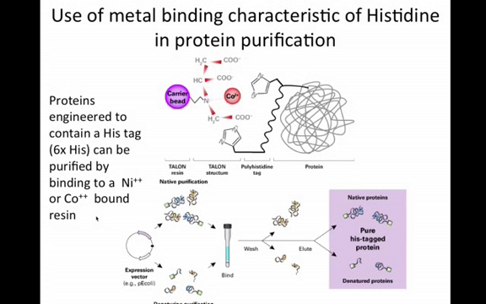And it's going to bind, because histidine binds to metals, like we've been talking about in the zinc finger. It's going to bind to your cobalt, and so then through that bind to your bead. And then it'll stick to your column. So this is a column that you pour your lysate from your E. coli that's expressing your gene. You pour it over the top. It binds to your column. You wash it so all the stuff that's not your protein goes away, kind of like how an IP works. And then you elute it with something that binds more strongly than the histidine, and that elutes your protein of